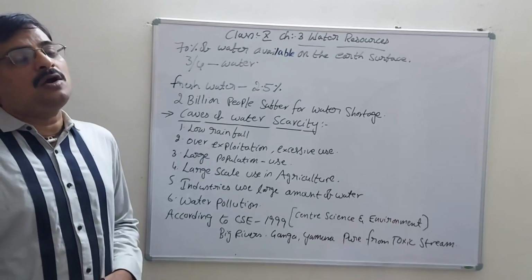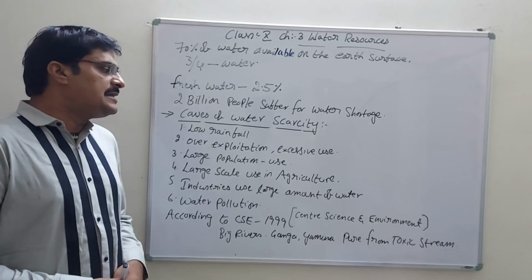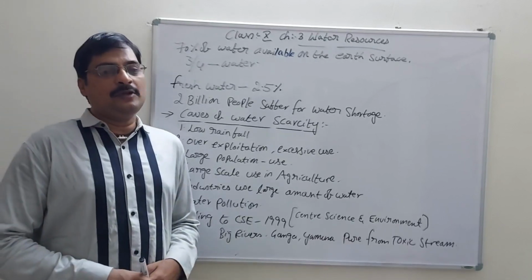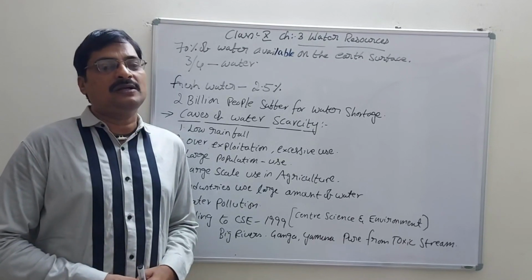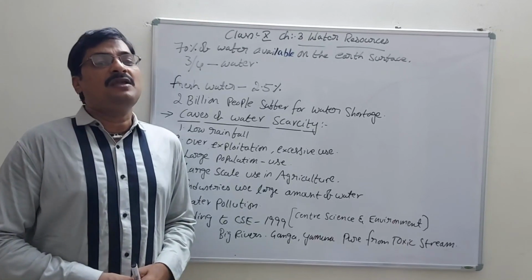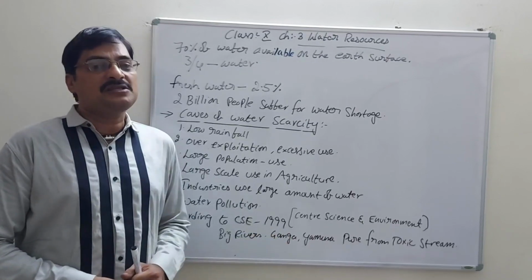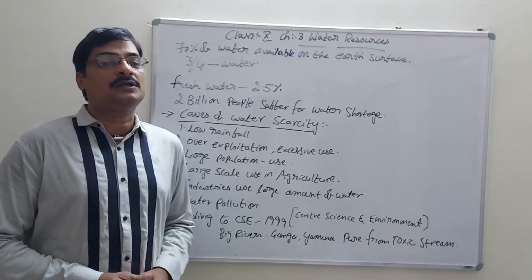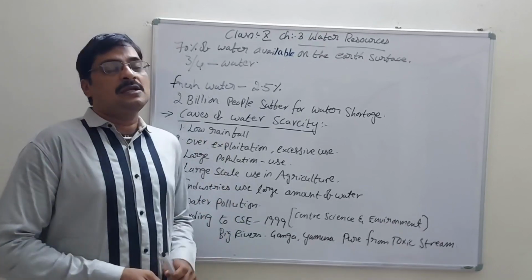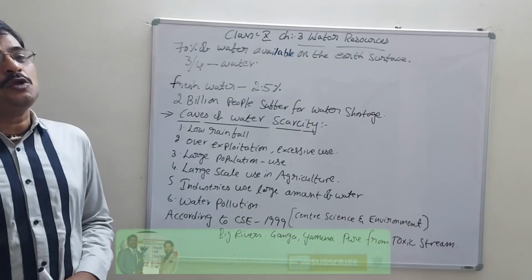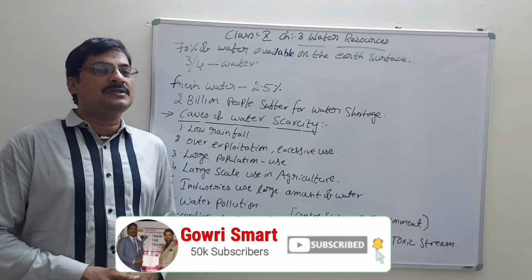Now, what is the meaning of the CSC? CSC means Centre for Science and Environment. The Centre for Science and Environment report says that every year they need to purify the water of Ganga and Yamuna. So these are the points. We have the scarcity of the water. Next, we can discuss